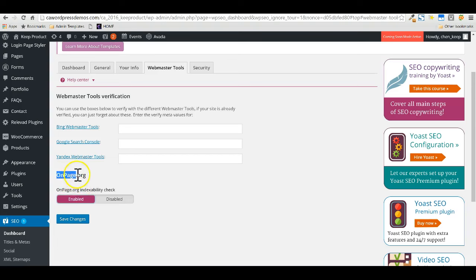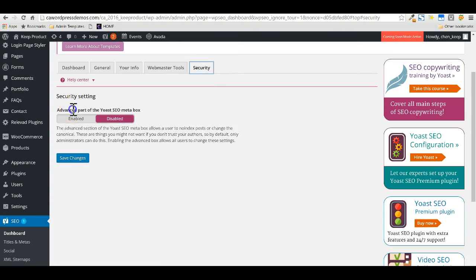Onepage.org is basically a huge SEO tool which really helps you ascertain how your website is doing on the search engines and whether they are really performing well. So definitely expect another video from me on this. I'll explain all those aspects in my next video.